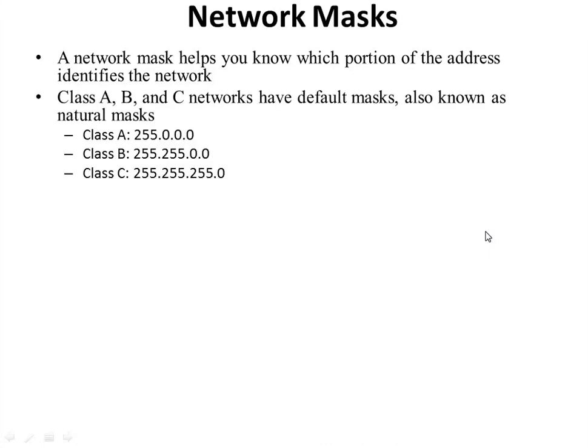In class A, class B and class C, as we know, in class A the first octet from the leftmost is used for net ID. So you have to mask it with 255. That means you are masking it with 1111 1111, so you are ending the net ID with all 8 ones. Logically ANDing will give you the exact address.